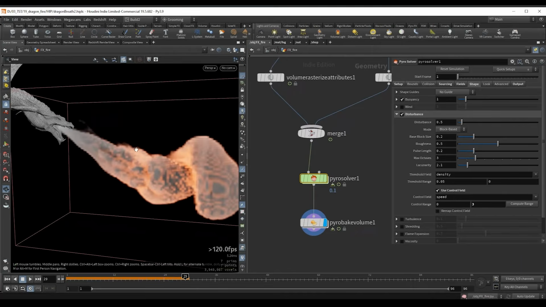So this will mean voxels that have a speed larger than this value of 3 will no longer get even more disturbance applied to it. And we are going to set this to a rather high value, so we can use a value of 15 here. What we really need in this control field is this minimum threshold for the control range. So let's set this to 0.5, which will mean that when our smoke slows down, it will no longer get disturbed. So we are going to only disturb the very fast moving parts.